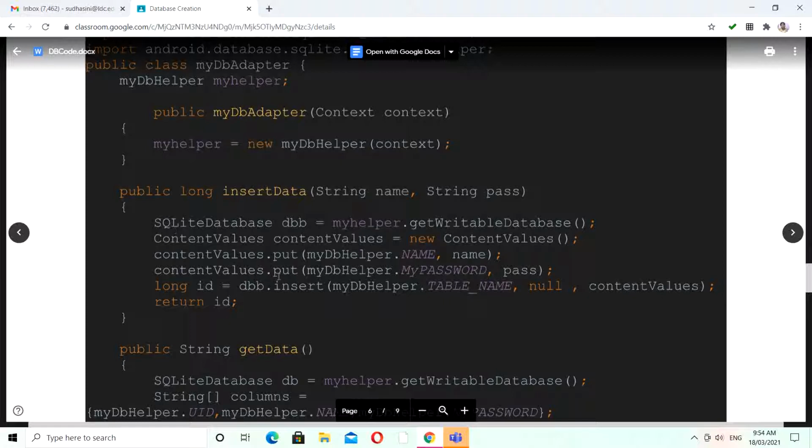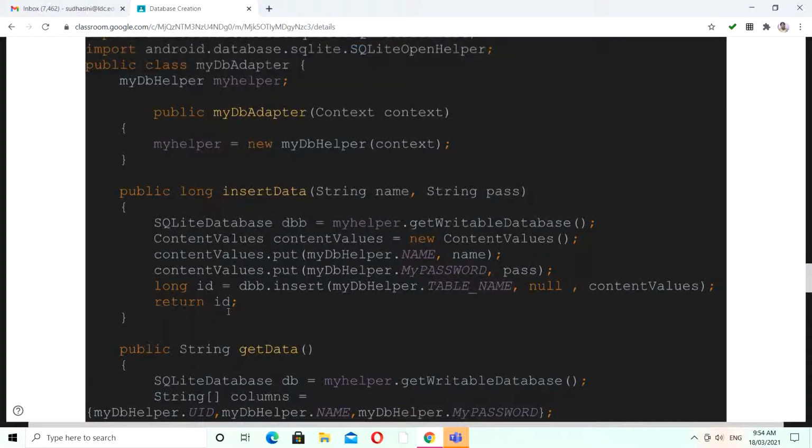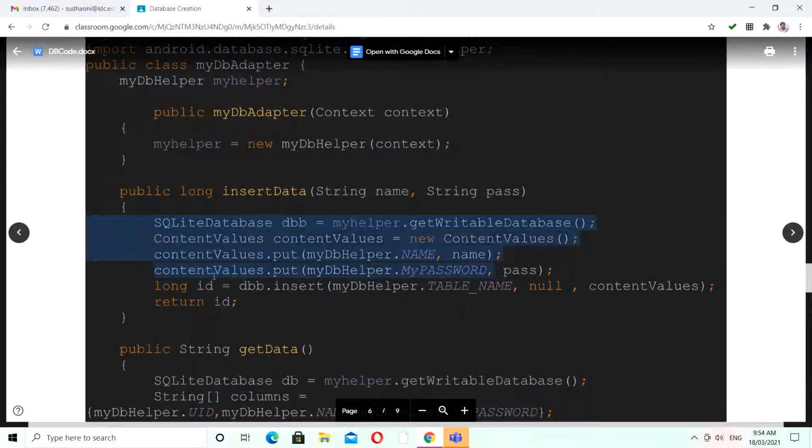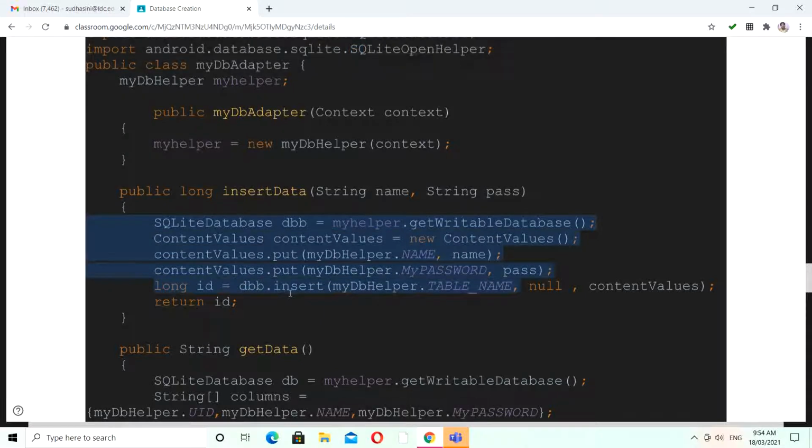But still, how am I going to activate this? Anyway, we are going to return some ID, so obviously we have one step ahead, one step previous coding there to activate it. I'm just mentioning the intermediate part of your code. So this is the insertion part of your data entry, right?